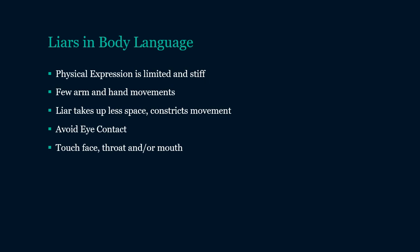All right, so when it comes to liars and body language, again, we're looking at physical expressions to be limited. So people will stiffen up. They will limit their body movements because, again, you get online and you start looking it up, people will tell you that's one of the prominent things they can find online is body language. So people try to sometimes stiffen up a little too much because they know that if they get too talkative with their hands, they may